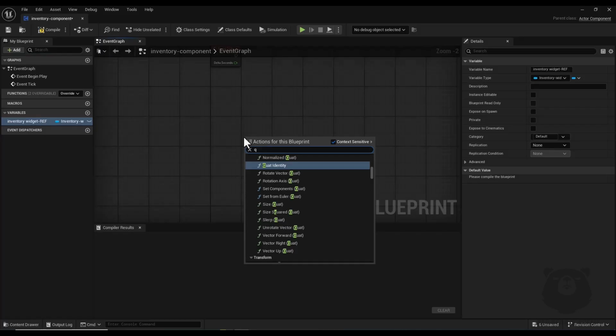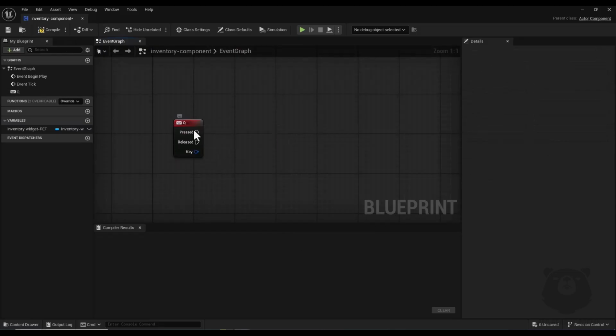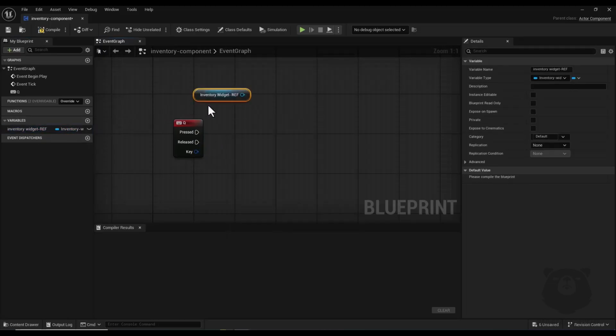I simply search for key input, this one. I'm not going to waste time creating input. I just simply import this Q input inside this blueprint,